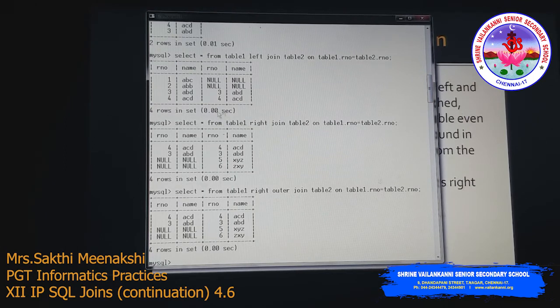So you can see here all the values from right side table, that is table 2, and then the matching values from left table. For non-matching values, null is written. So the next example I have shown is outer join. Instead of using right join, you can also use right outer join. Both are same, you will get the same values.